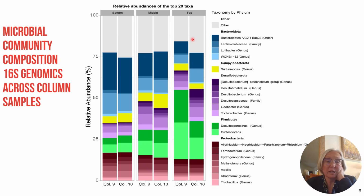Once we were done with these columns, we decommissioned them and we sampled at the influent base, the middle, and the top of the columns. And we used 16S genomic analysis of the 16S ribosomal RNA gene to compare the relative abundance of microbial communities. And here we are showing things organized by phylum, which is pretty high level, but basically we're showing the blue